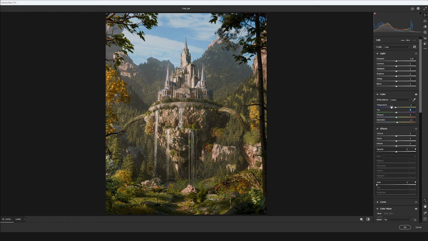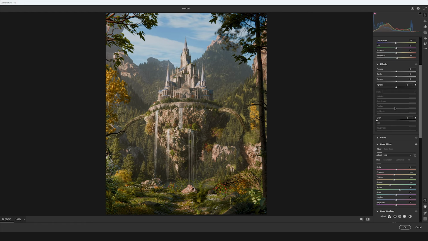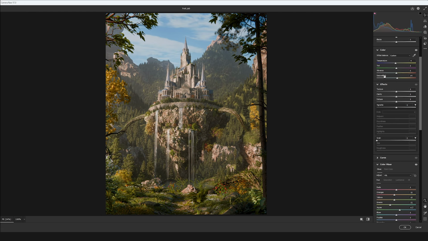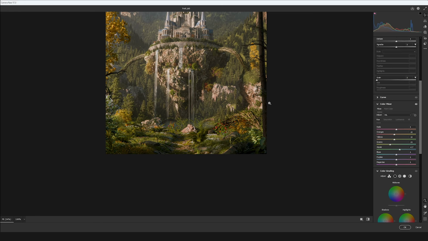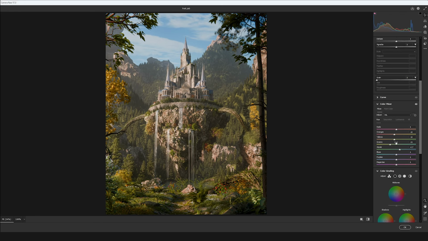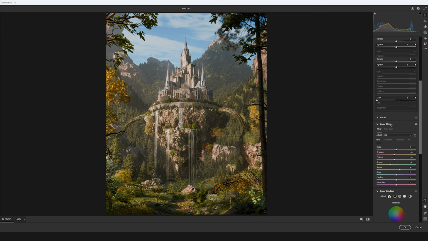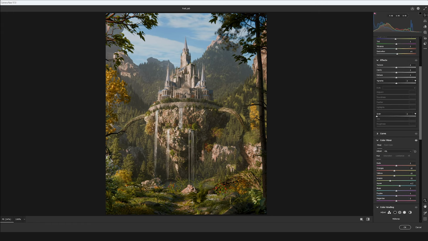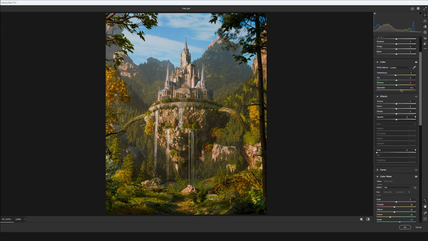So I don't use this nearly as often, but sometimes I do. And I have a little bit of saturation right here, but I don't really use much of the vibrance or saturation just because I like using the color mixer more. This gives you more fine control over each individual hue and how each individual hue looks on its own. When you're using a saturation or a vibrance slider, it controls basically everything at once, so like all of the warm and cool values at the same time, which can be good in certain cases,